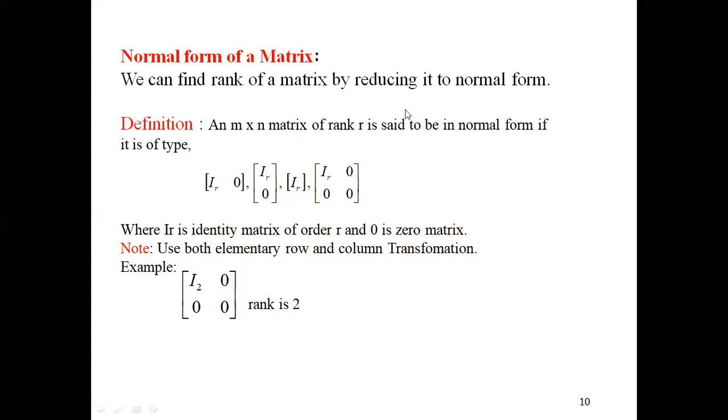So what is that row echelon form? You know already. We are going to use row operations on a matrix to convert that matrix into echelon form. The echelon form is nothing but what? The first element A11 should be not equal to 0, but all the entries below A11 should be 0. Then what is next? A22, below that all elements should be 0. Below A33 all elements should be 0. Like that only we can go. And lastly, whatever matrix we are getting is the row echelon form.